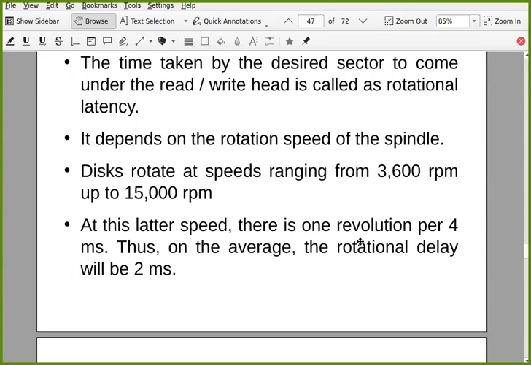If in 1 minute there are 15,000 rotations, then for one rotation you will come up with this value, 4 milliseconds.